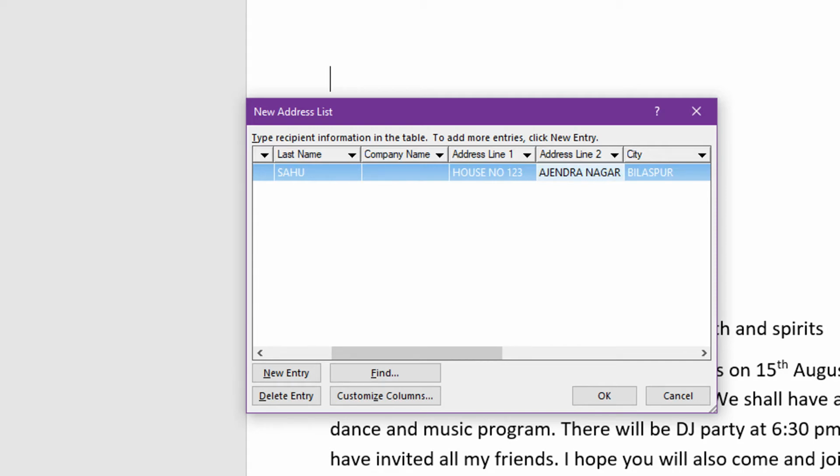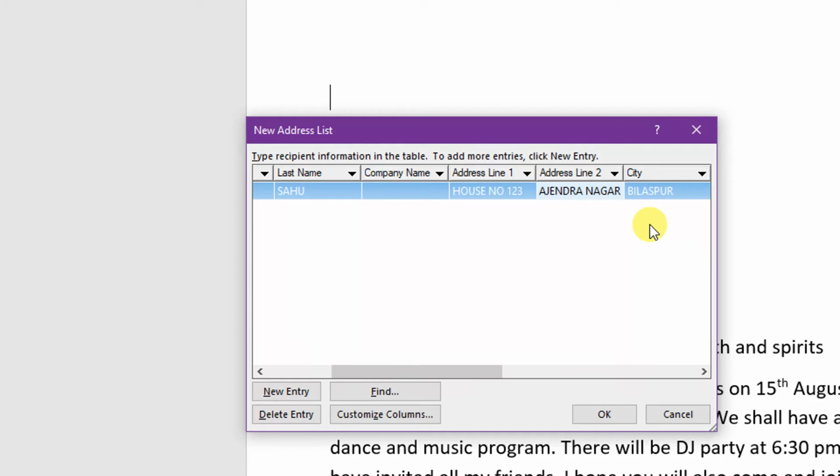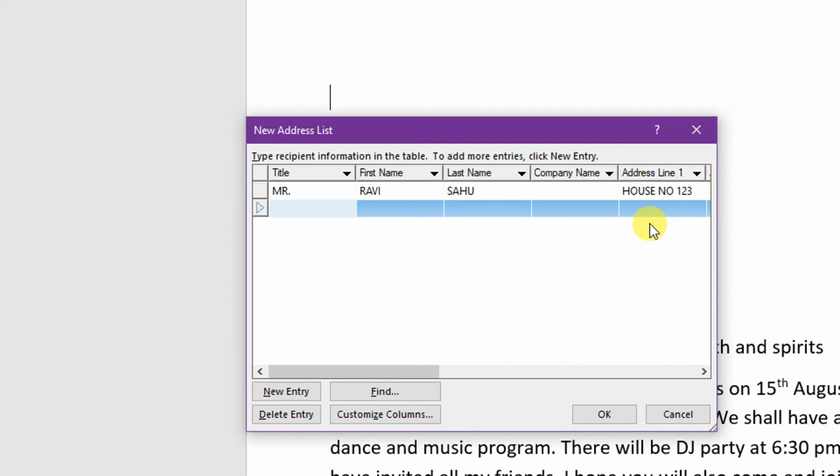So what we are doing, we are actually typing the address list. To this address only we will send this letter. Now state is CG. Some fields you can leave, like home phone, work phone, we don't need that, email address. Now we'll come to the next field, means next address we can type. We can type as many addresses as we want. The letter will go to all these addresses.